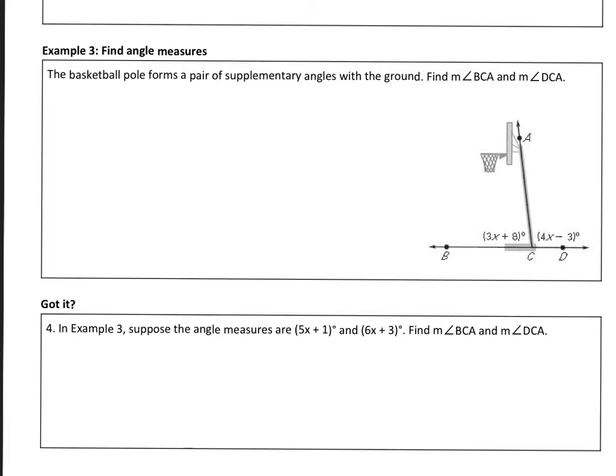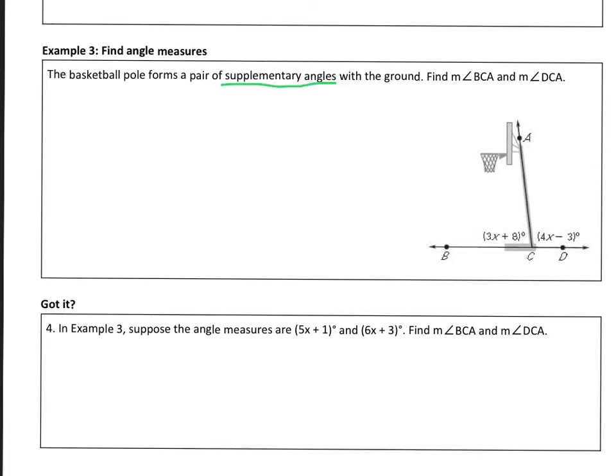So this basketball pole forms a pair of supplementary angles. We can see from the diagram that these angles add to equal 180 degrees. We don't even really need the supplementary part, but it's good to just reinforce that vocab. So I want to find the measure of both angles. Before I find the measure of both angles, I'm going to want to find the value of x, all right? So knowing